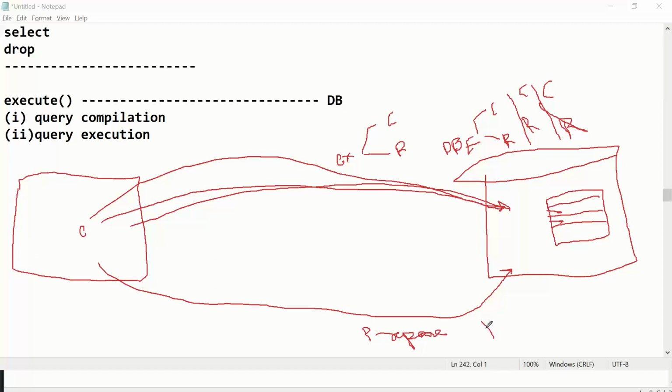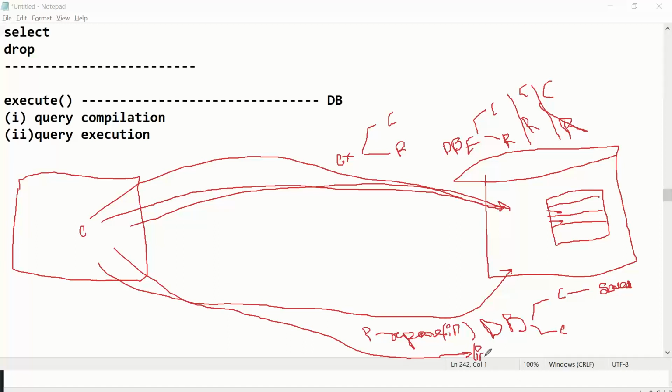So whenever your DB engine comes across any statement through prepare, it does query compilation, it does query execution, and this query compilation procedure is saved somewhere for future use. If the same command comes in again, say through prepare you sent insert the first time, and the second time you are also sending insert through prepare.